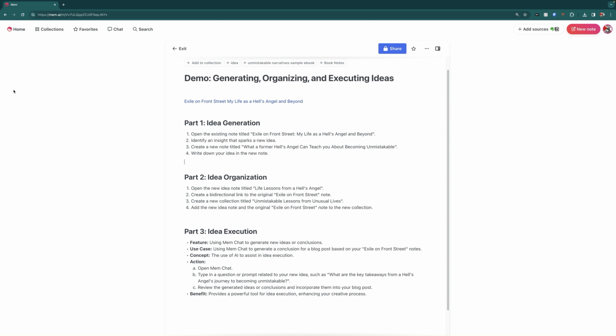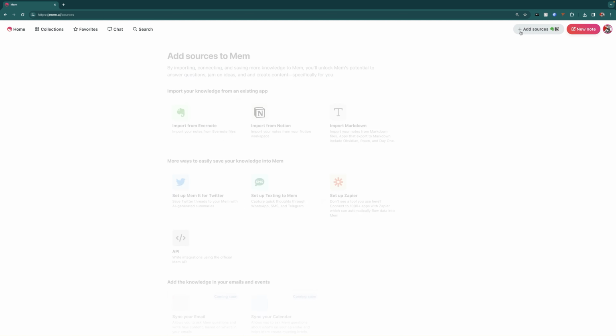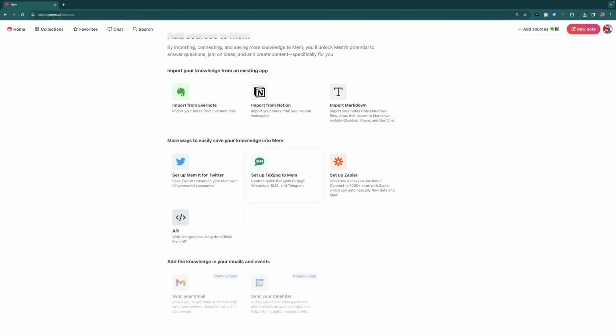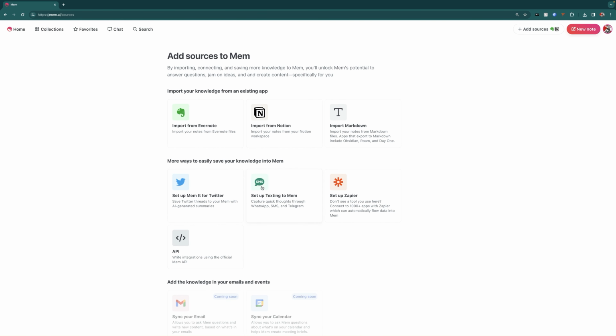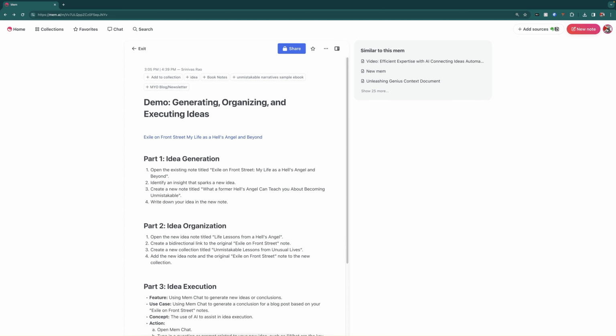You can actually set it up so that if you wanted to, you can send yourself text messages. If you go here, for example, and you're in your car or something like that, you can just say send a text to Mem, because Mem is actually a contact in your phone. But for the sake of this example, what we're going to do is